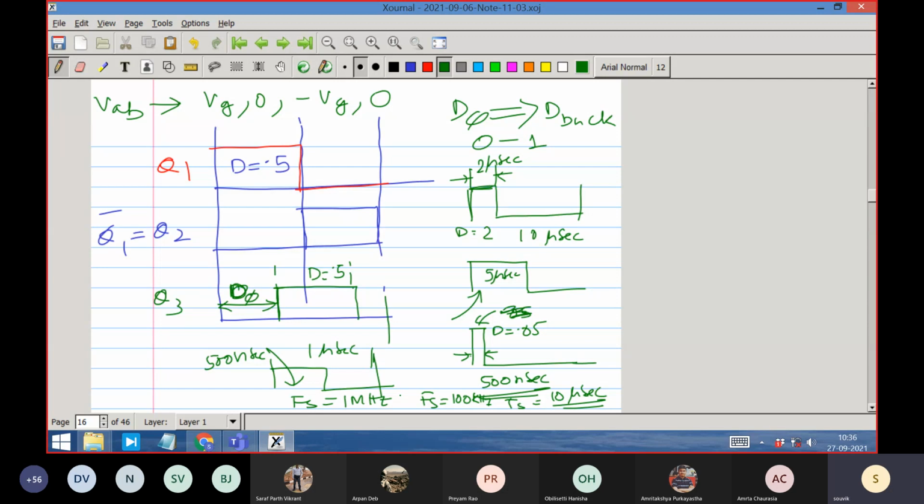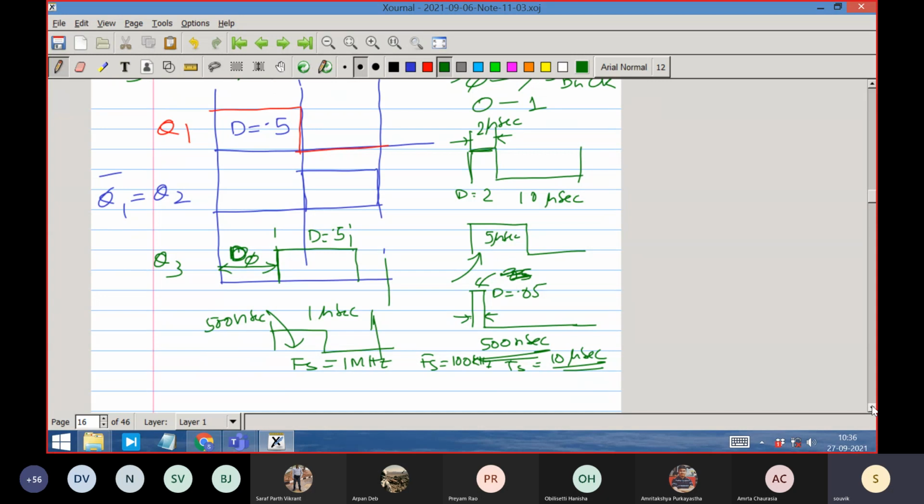So there the constraint doesn't come, because having a duty ratio of 5% requires circuit RC values, etc. The non-idealities dictate that you will not be able to reliably or faithfully produce a duty ratio of less than, let us say, 5%, or in this case a 500 nanosecond pulse. A pulse of less than 500 nanoseconds at the gate is extremely difficult to create. That is the reason why D equal to 0.5 is an advantage, provided I have a control, and I am showing you that control: the instant when I decide to apply the switch Q3.